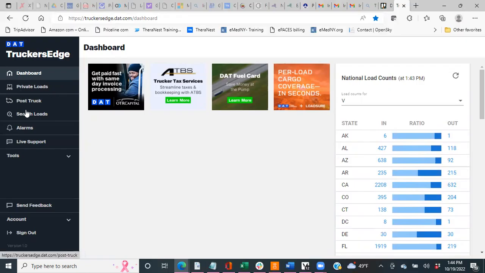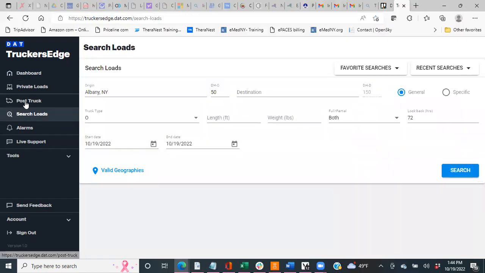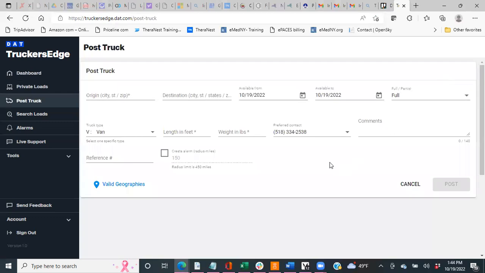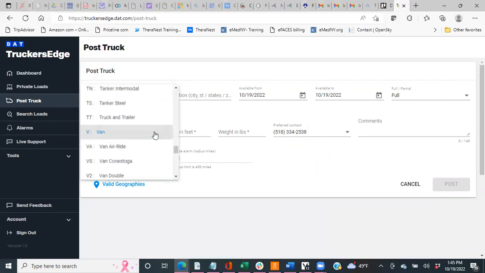But what I normally do when I come in here is I go into search loads, or you can also post your truck. Let's start there. When you have a truck and you're looking for freight, it might be a good idea to post your truck in here just to let brokers know that your truck is out there and what state your truck is in. So you're going to put your origin state, where the truck is, where the truck would like to go, what dates that this truck is available, full or partial loads, what type of equipment that they have,